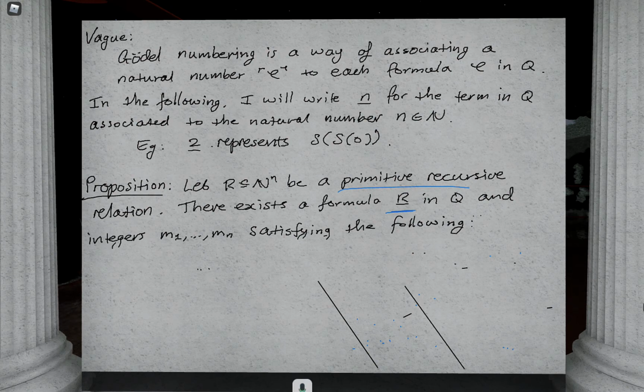Yeah, let me check in my head one second. So if M1 up to Mn are in this relation, then Q proves R underline of, yeah, I just shouldn't have those quotations. Okay.